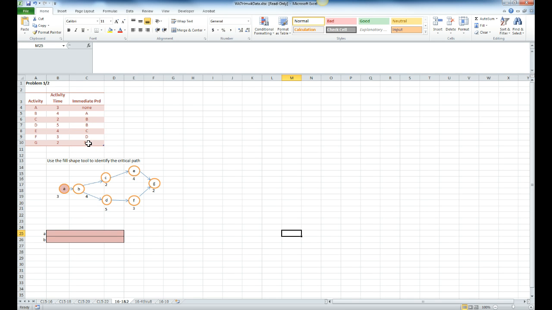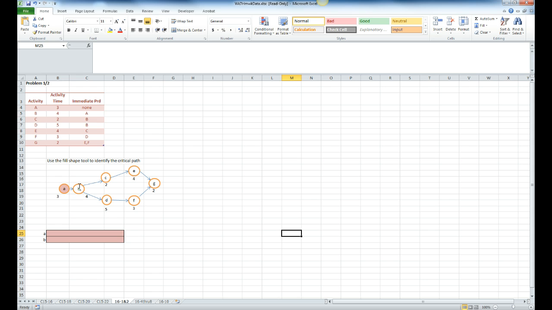We did a similar problem when we made the dress, where an activity had to be done before another could begin. This is very similar, except now we are going to map this out on a critical path